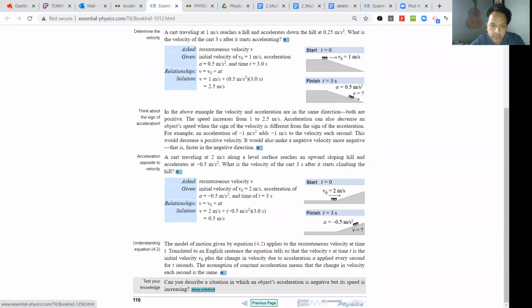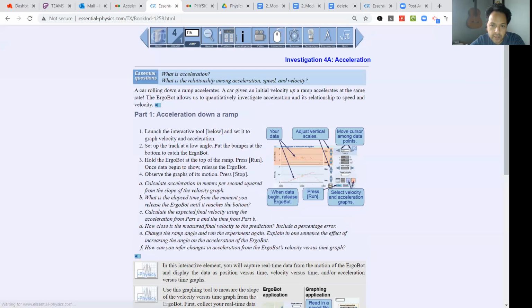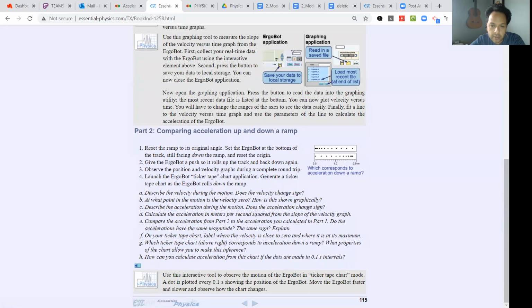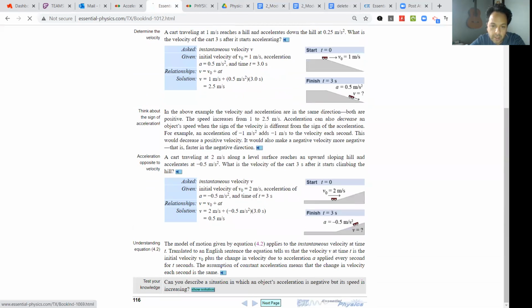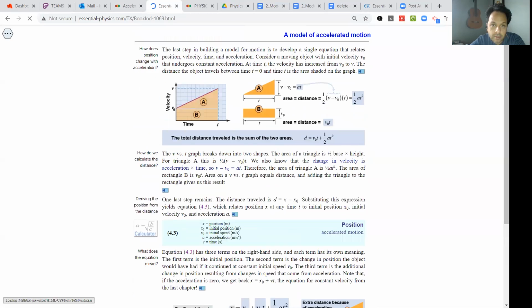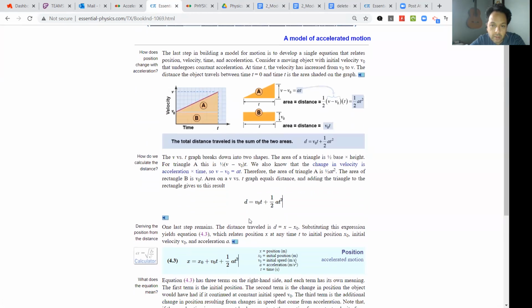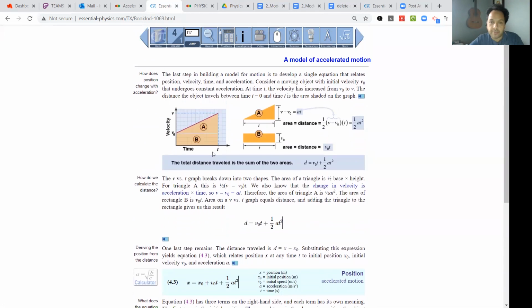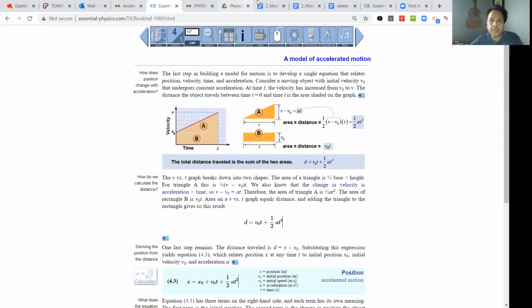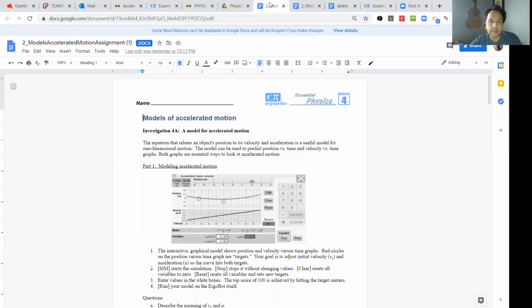I wonder if the other one was on the previous page. I don't see it. That's for the velocity one, and this is the distance one, or the x. Okay, good. All right, so this worksheet